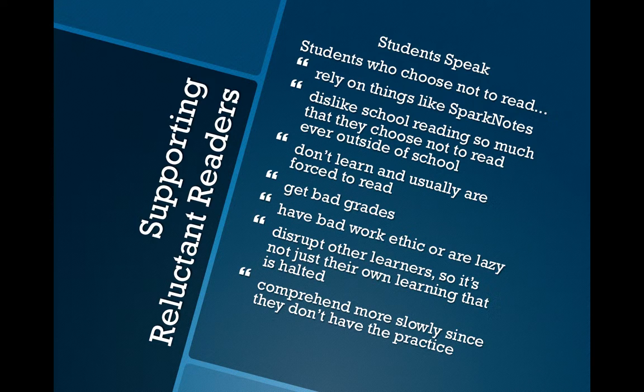and so it's not just the reluctant reader whose learning is being halted, but all students have their learning halted. And finally, they recognize that these students tend to comprehend more slowly since they don't have the practice they need to progress. Therefore, a reluctant reader may eventually become a reader with deficits because they aren't getting the application time